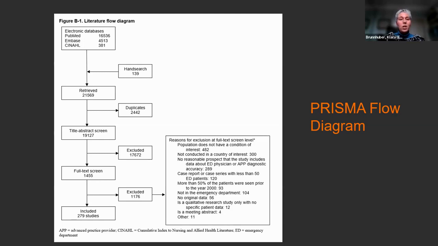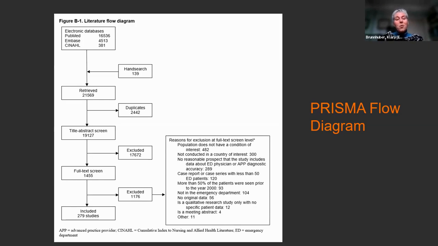brought in from each. In this case, in this systematic review, an additional 139 studies were found through hand searching of reference lists, for example. The number of the retrieved studies was over 20,000. This seems to be a rather large systematic review. Most clinical questions don't give you this many hits because it's a really scary number. Of these, you have already excluded 2,400 as duplicates, so that's great. That's an easy loss, but you still have over